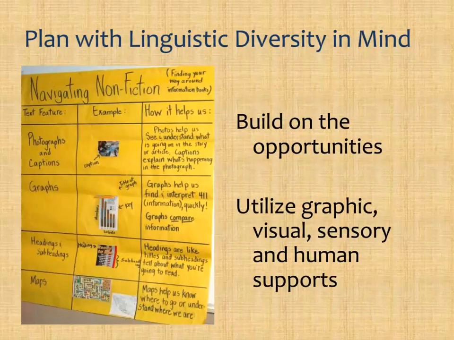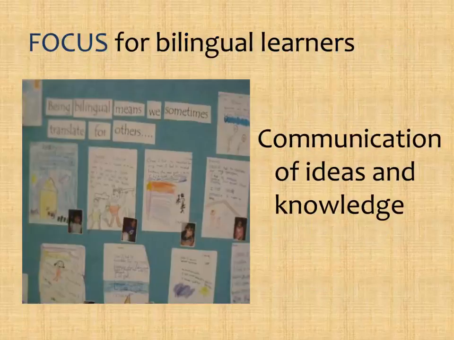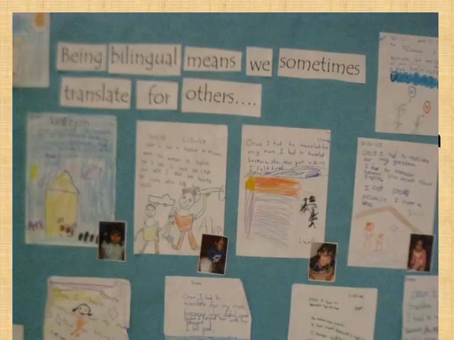Instruction in integrated groups should reflect understandings of sound second language instruction while maintaining high expectations for performance. It is a time to allow students to work together across language proficiencies to interact with and act on the big ideas and enduring understandings of the topics of instruction. These can include sheltering strategies such as sentence frames and visual support. Focus on communication of ideas and knowledge. Grammatical accuracy is less important.